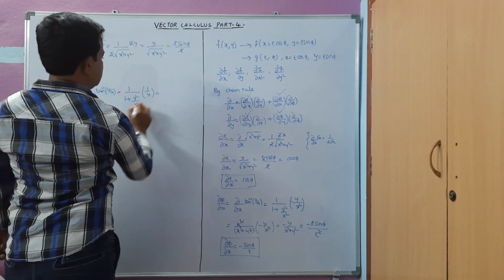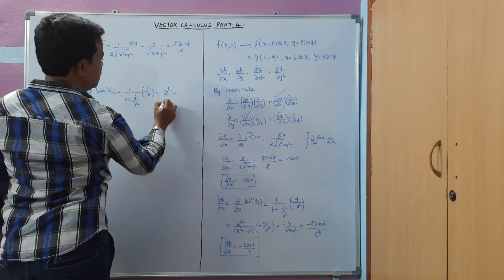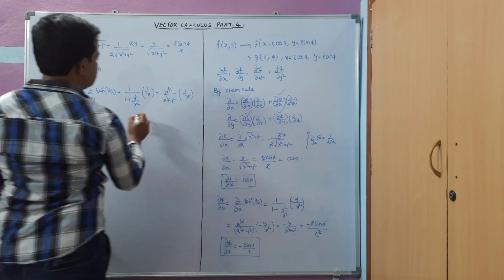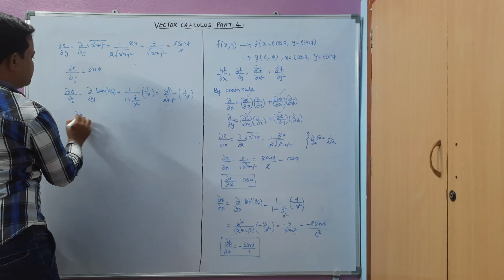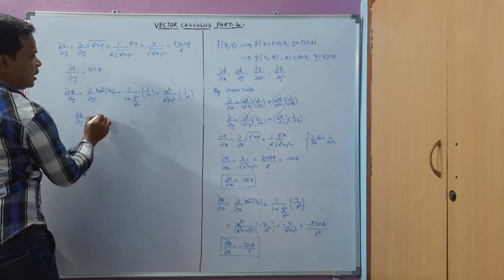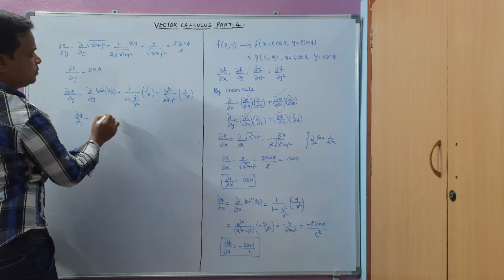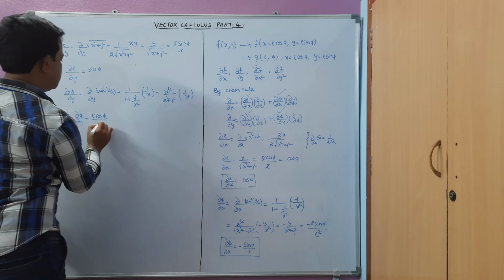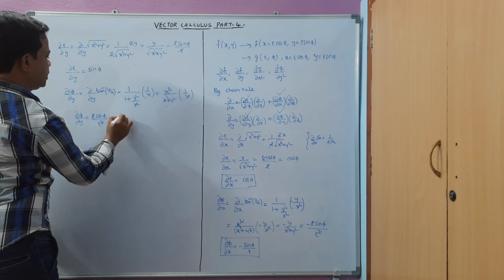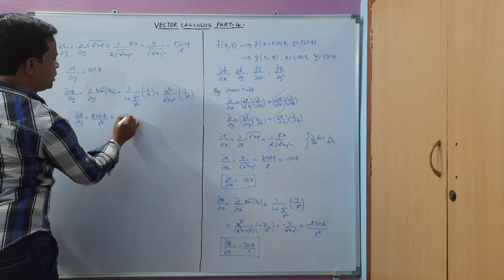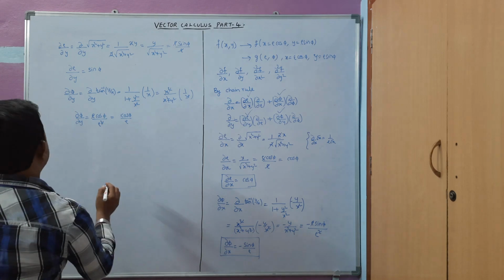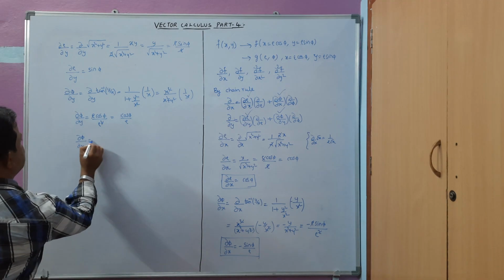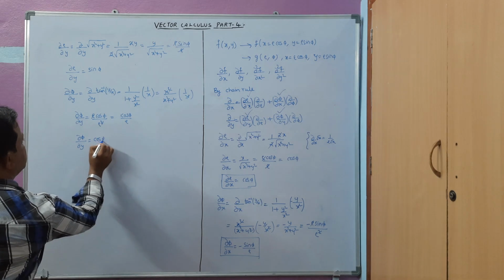Now I get here like this, that is x square by x square plus y square into 1 by x. Okay, one x will get cancelled here. So I get here as dou phi by dou y as x is equal to rho cos phi and x square plus y square is rho square here. Okay, one rho will get cancelled. I get here as cos phi by rho. So the dou phi by dou y value will be equivalent to cos phi by rho.